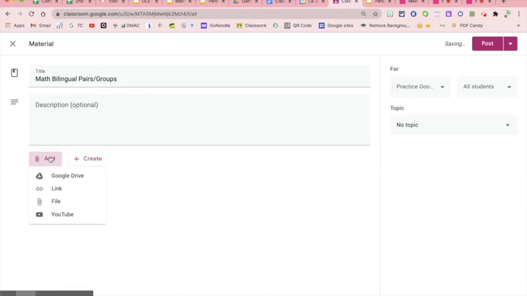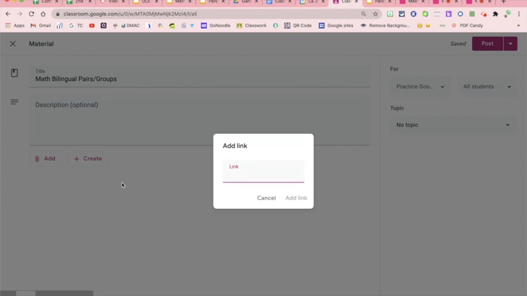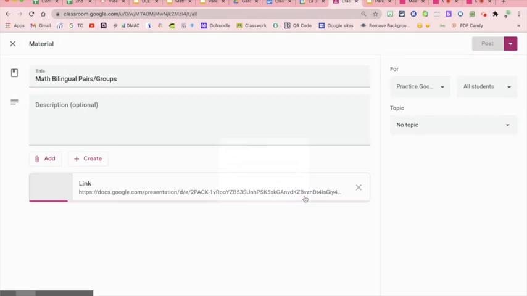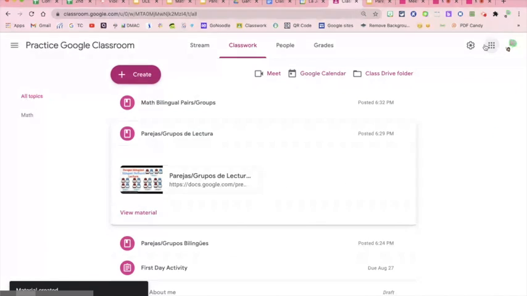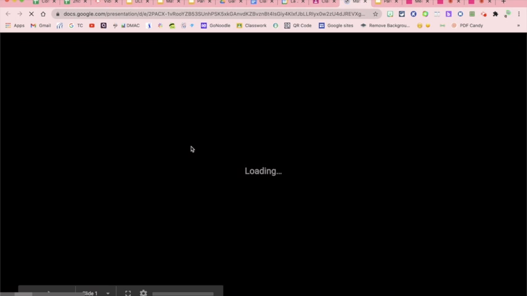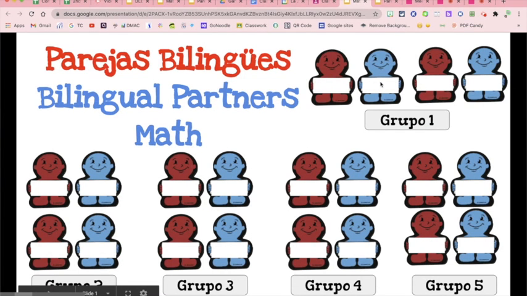You're going to add, and you're going to add the link. Command V or right click paste, and then you're going to post it. So let's say you're working in math, you would tell them go into your math bilingual pairs, and you're going to do the same thing. Right now we cannot click on anything because I did not do the links for math. But remember, you can